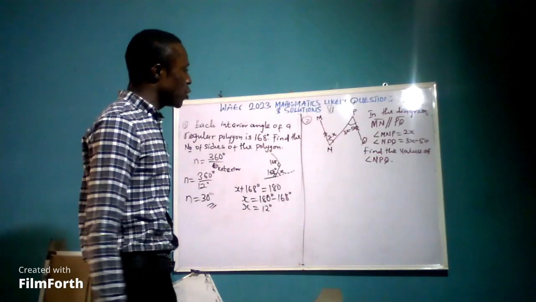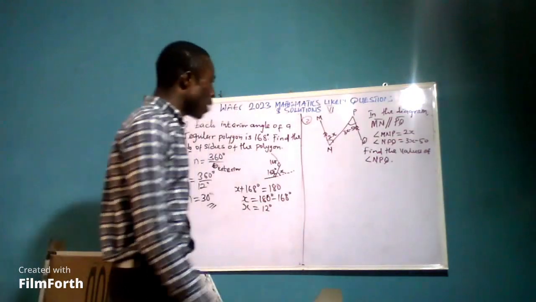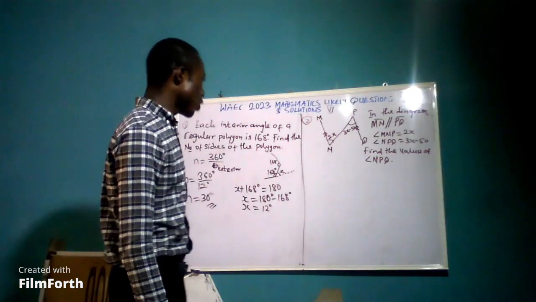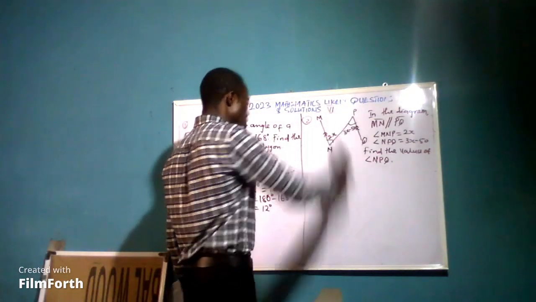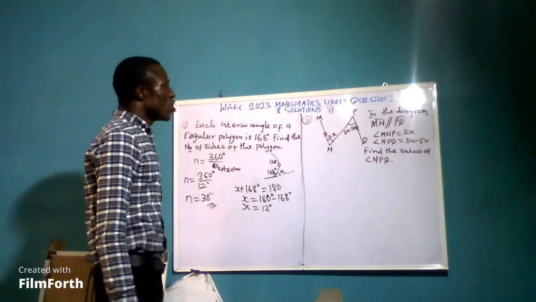Angle NPQ is equal to 3x minus 50, and we have to find the value of angle NPQ. We have to find the value of this angle. Okay? Don't forget that